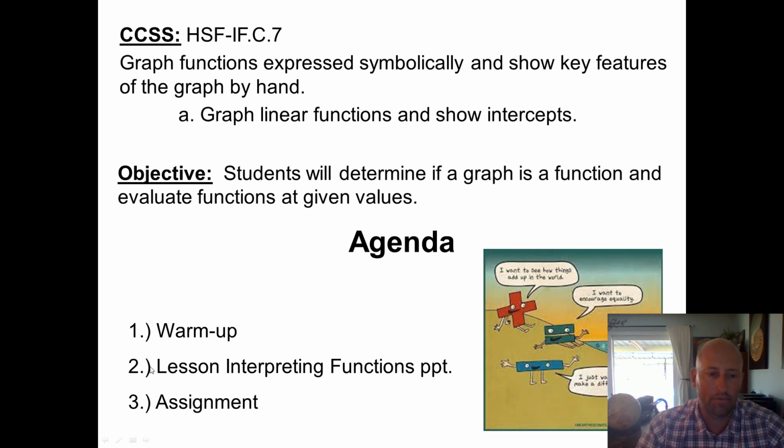Hi guys, so today we're looking at the lesson interpreting functions. It's going to include function notation, so we've got to get used to function notation when it's